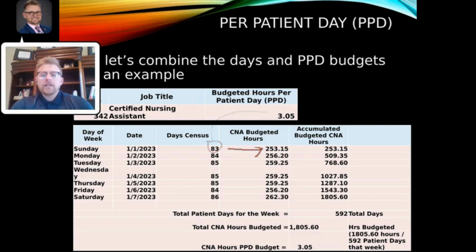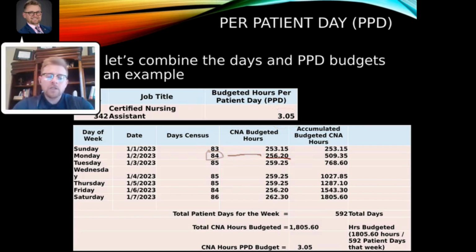Okay? And the same way that we worked through the problem in understanding how to calculate patient days, we do here again. Let's now look at Monday, the next day. Remember, we had that admission, so the number of heads in the bed went up by 1. How many hours can we run on that day for CNAs? Well, again, the CNA PPD budget is 3.05 times 84 heads in the bed that day. So that means on Monday, we can run 256 hours and 0.2